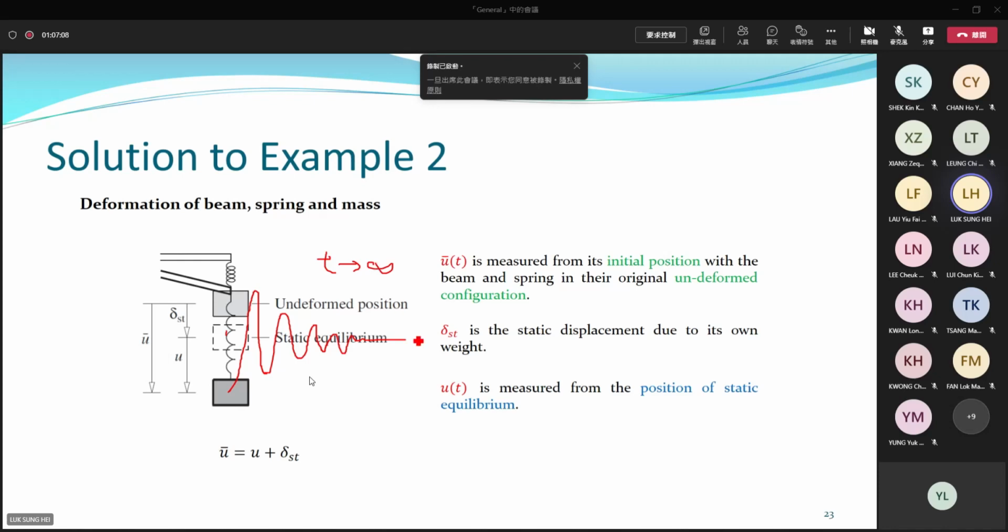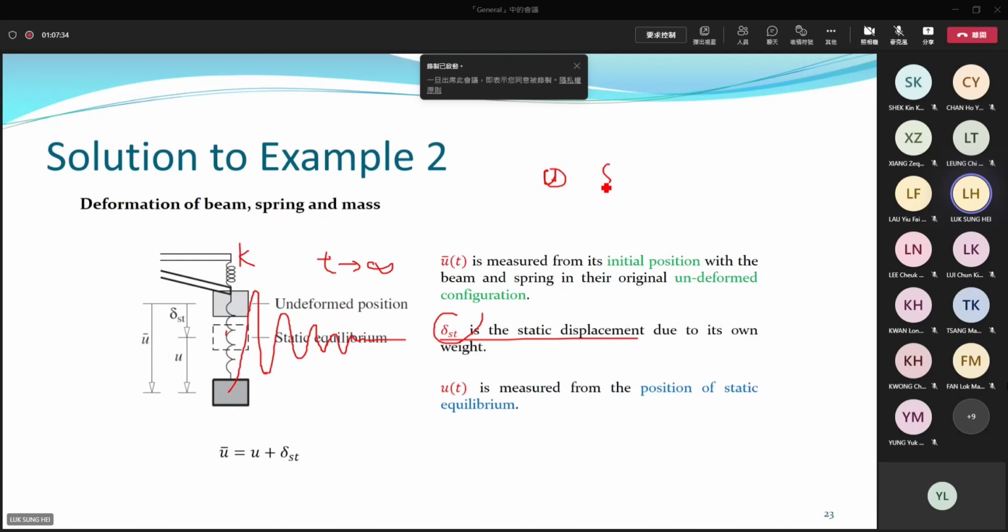That level is called static displacement, because as time goes on, the system remains at rest. At rest means they are static. The displacement at that time becomes your so-called static displacement. How to find out this level? If you know the stiffness, if you know the self weight,